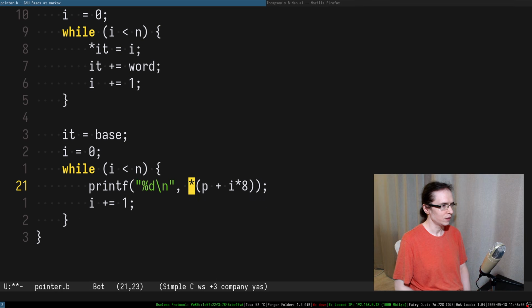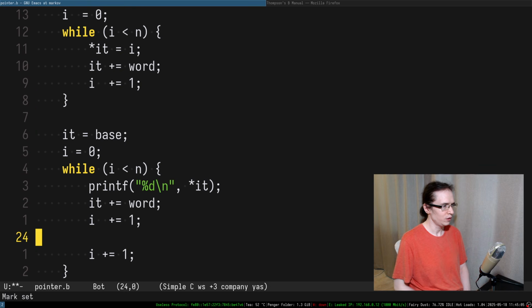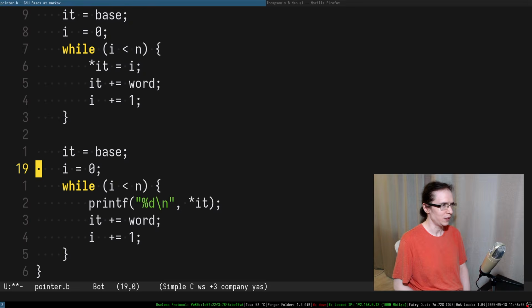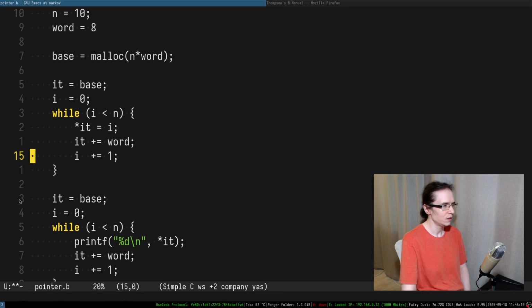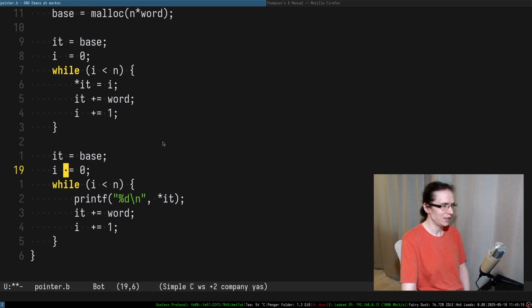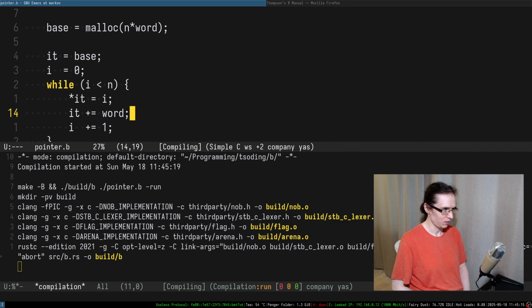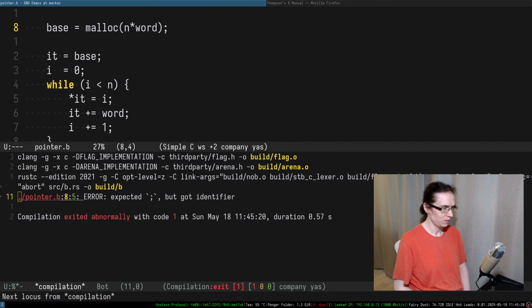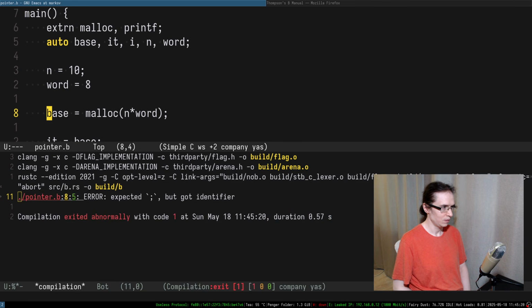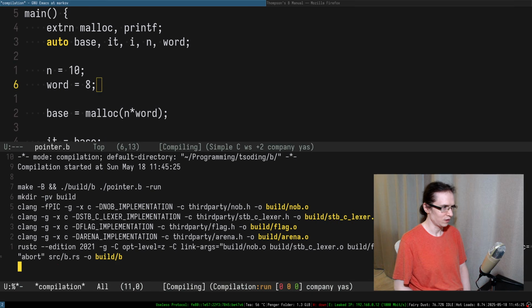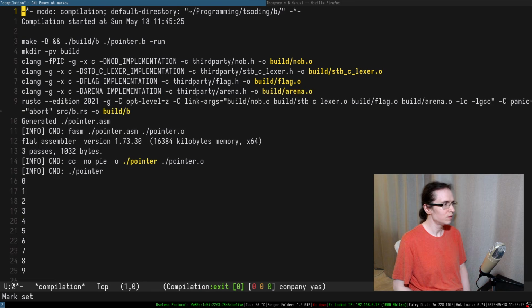So we are iterating it like this, and we're doing it like that. I'm just thinking what's the best way to do that, honestly. It's kind of annoying that I have to have 2 variables to iterate it like that, but it is what it is. Right, so yeah. Base is not properly assigned. Okay, so